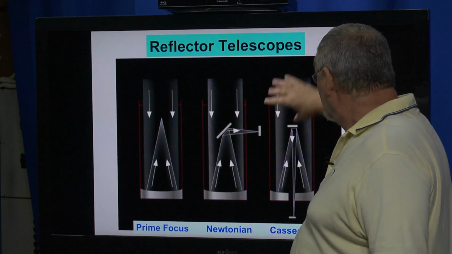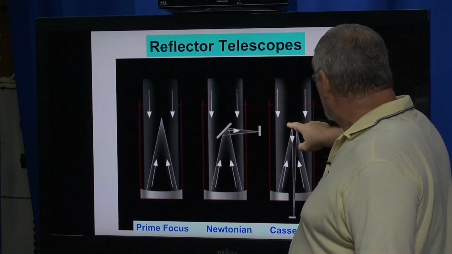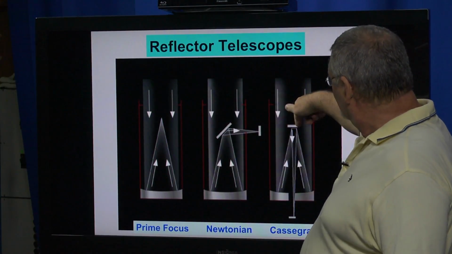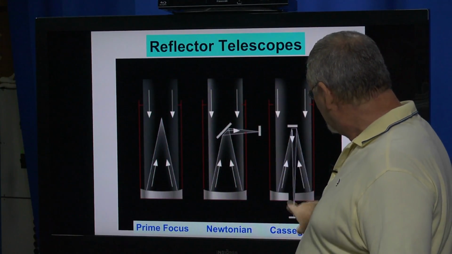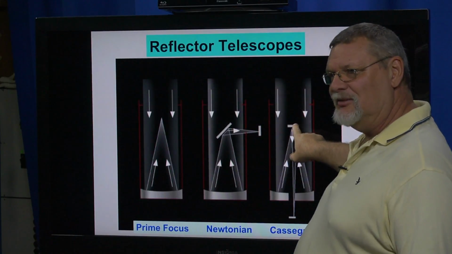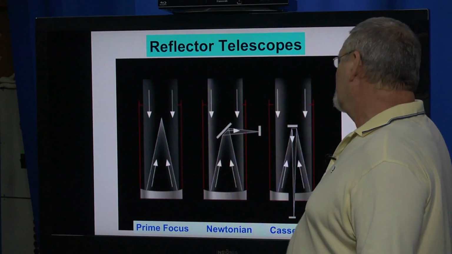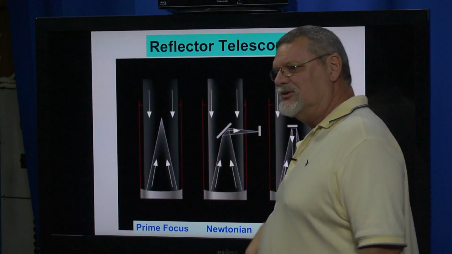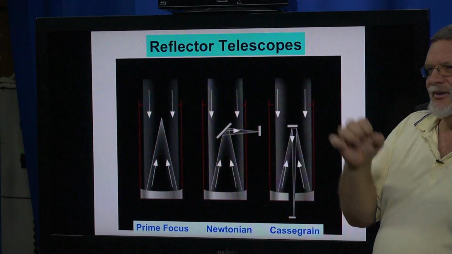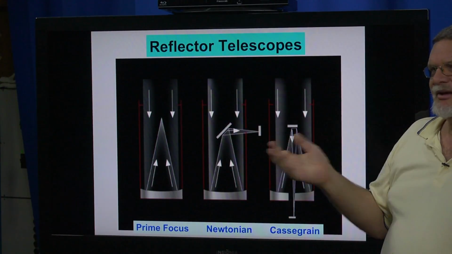A Cassegrain, the light comes in, bounces off a mirror that is flat that way, and then we have an eyepiece here and we're looking at that mirror and we can see the magnification that way. Well, Mr. Todd, if we have something in the middle of the telescope, why don't we see it? Is the middle of it just blocked out because we can't see anything?